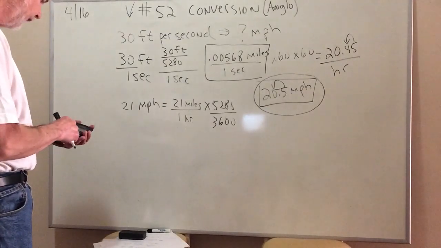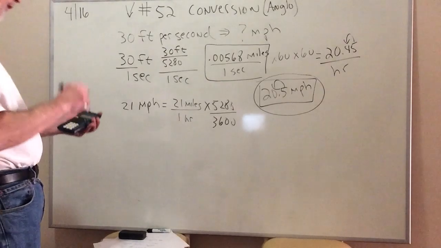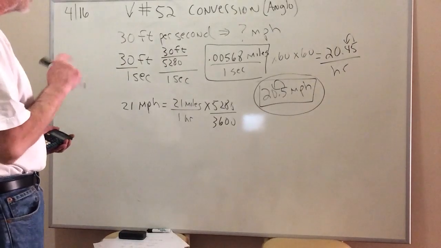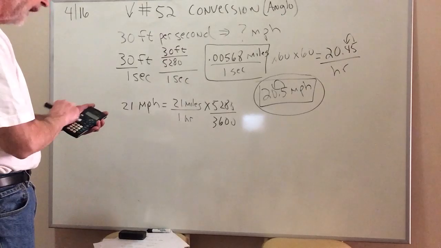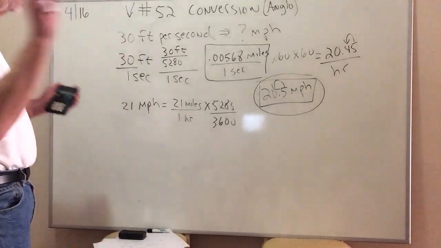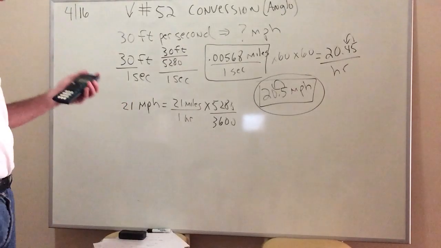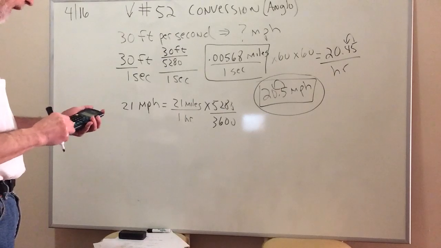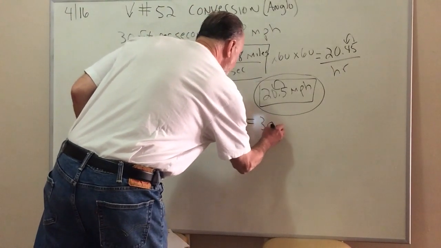Whoops, I better get an answer here. 21 times 5280, enter. It's a bad idea to do it piece by piece. Use the enter button all the time if you can. I get 110,000 whatever feet, which doesn't interest me. The number's too big. And I'm going to divide that by 3,600, and bango, I come up with 30.8